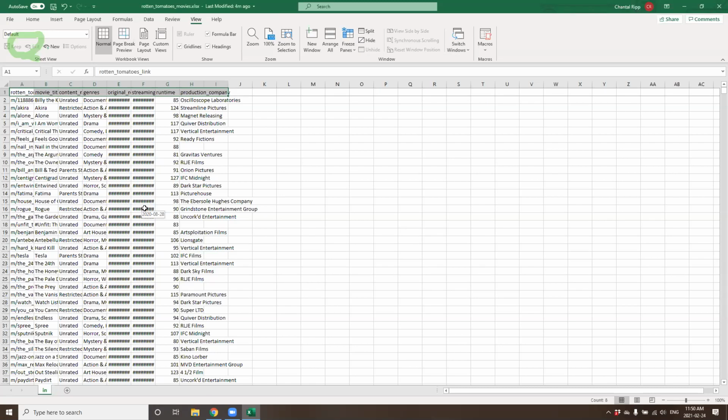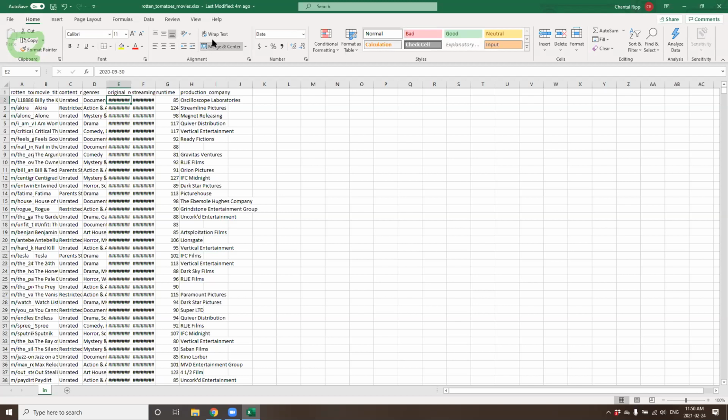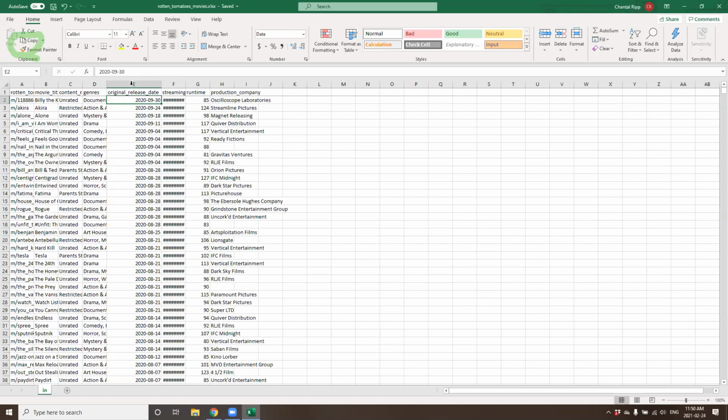Some other features that are great to have are wrap text on our home bar here. You have the feature wrap text, which you're probably familiar with, or another quick function is once you highlight between two cells, you get this kind of line with two arrows on it. And when you double click that, it will wrap the text within your column to the longest character string in there.